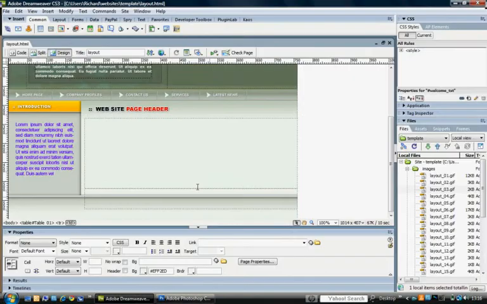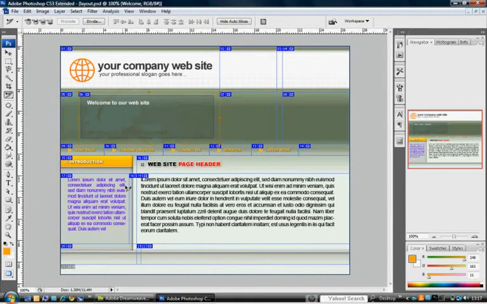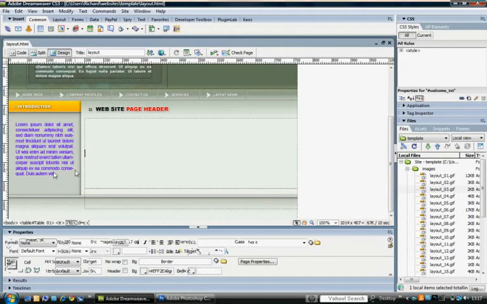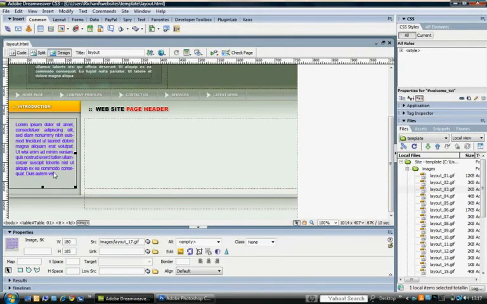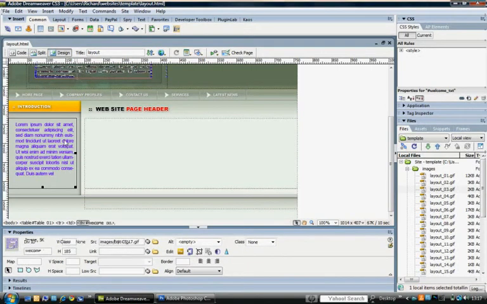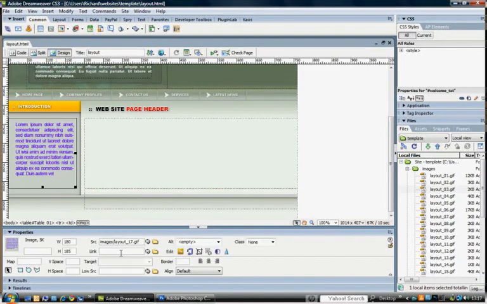Okay, the final part here is this slice that I've put here. The reason for this is much the same, in terms of the way that a table works. What's actually happening here is everything's fixed. If I had some text here, which you'd pull in the same way as we did with the text at the top, as that text gets bigger, in fact let's show you. So I'll take that image out